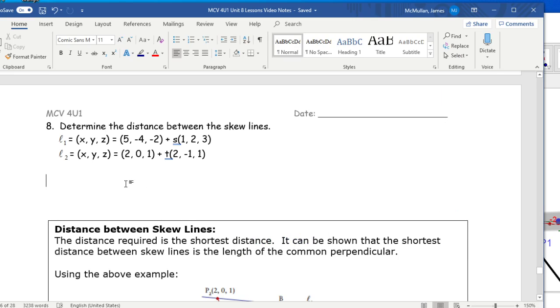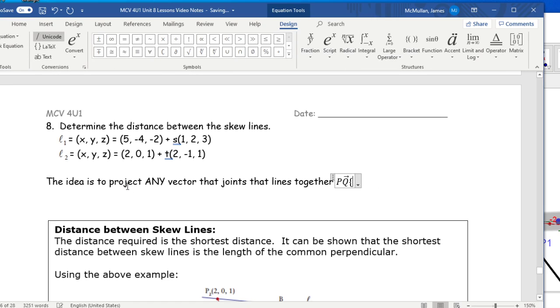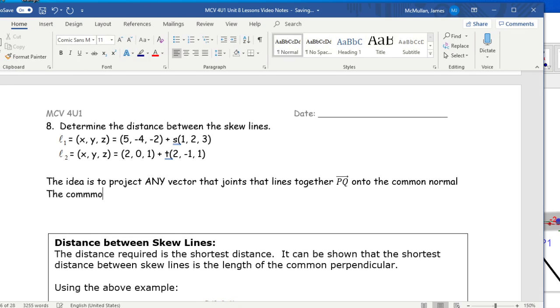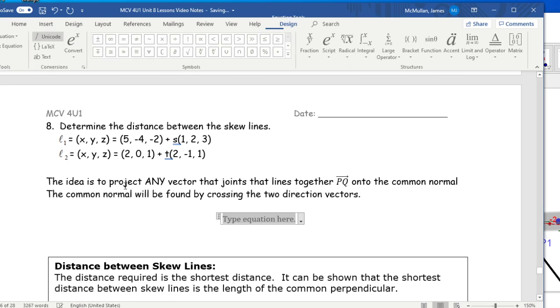So how do we get that? The idea is to project any vector that joins the lines together. We're calling this vector PQ. Project any vector that joins them together onto the common normal. The common normal will be found by crossing the two direction vectors. Okay, so PQ for us